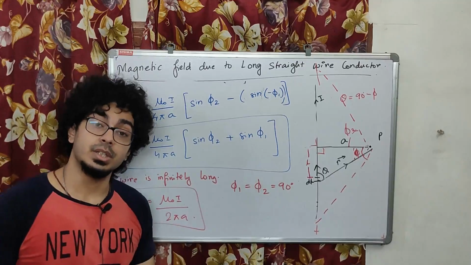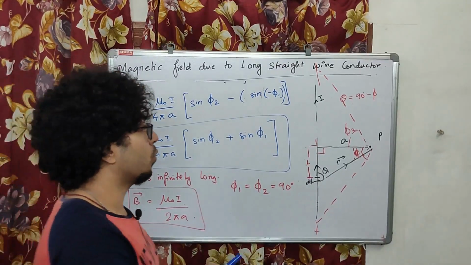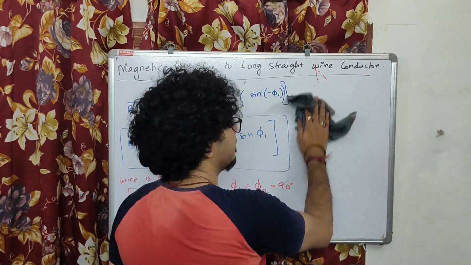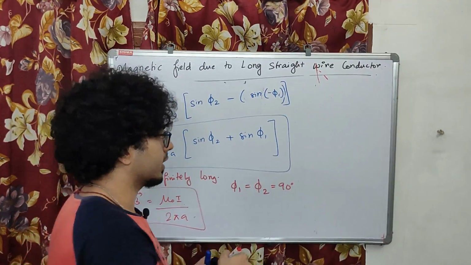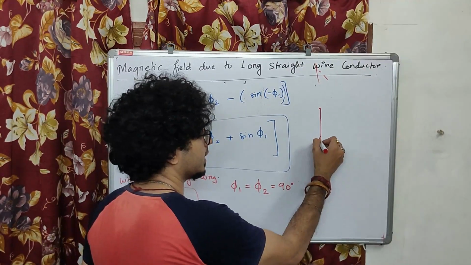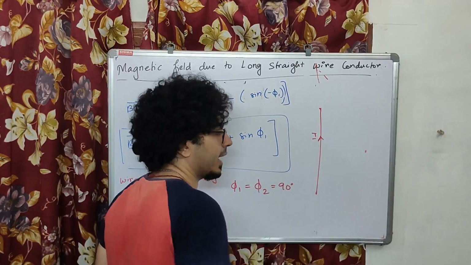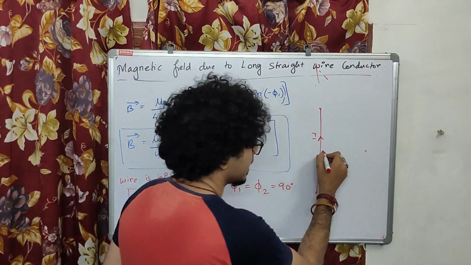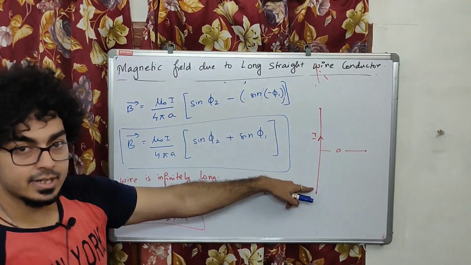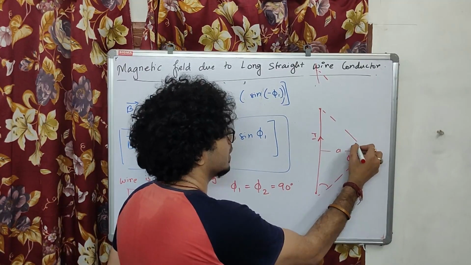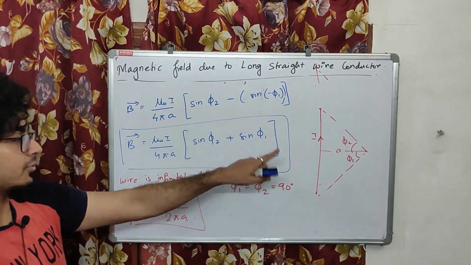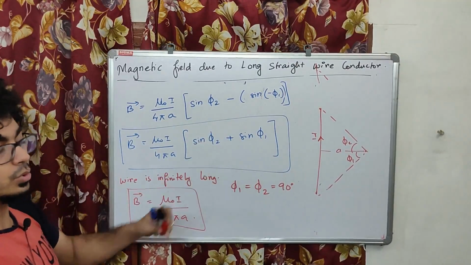Now in the exam you can get semi-infinite or finite wires. For that, you need to understand this. Suppose you have to find the magnetic field due to a current at this point, and this is a finite wire with current flowing. You have to find the magnetic field at a point some distance away. For this finite wire, you have to measure this angle phi 1 and this angle phi 2. Now that you have measured these angles,